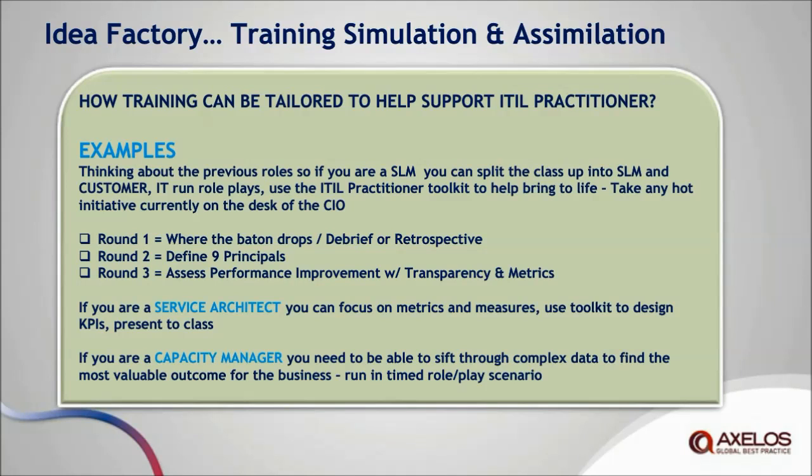And that's where you just take a current process that you're not so happy with, right? You've been wanting to have a meeting about it, and you've been wanting to improve, or maybe your net promoter scores are not very good from your customer. Take a process that needs a little work. Map it over onto the new ITIL practitioner content, and then run, say, 3 stages, where you run the process as it is, and then you watch where the baton is falling down, and then you do a little retrospective